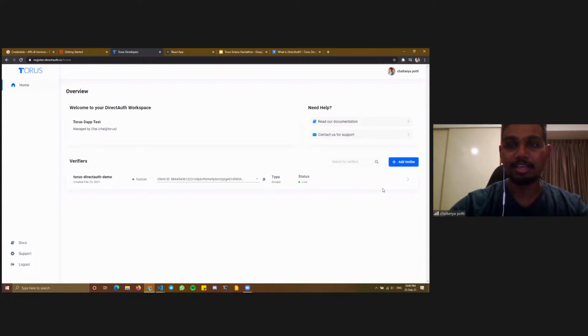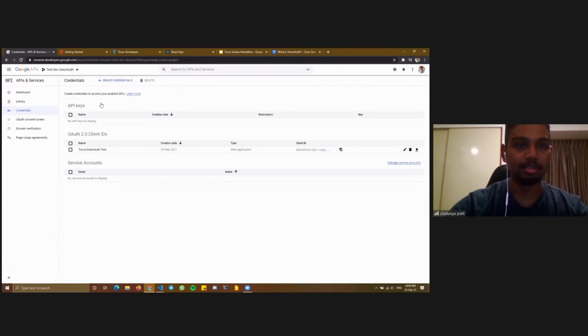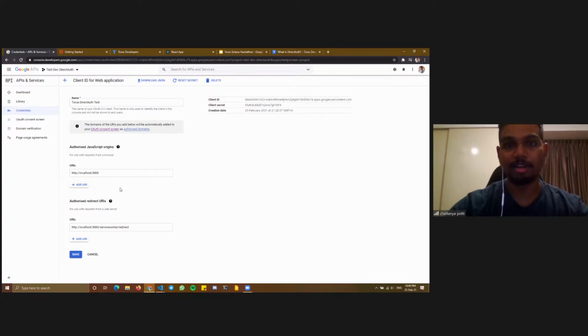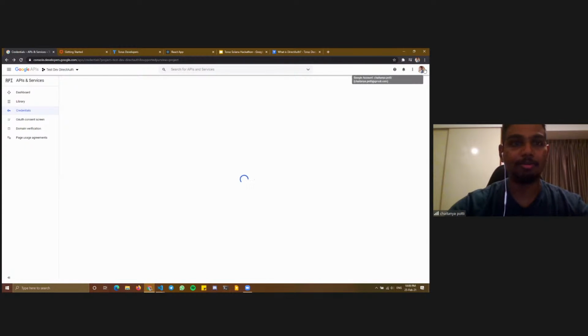Okay, so let's say I have a Google OAuth client. All of the private keys on the Torus network are scoped to an OAuth provider. A verifier is that unique string which scopes your OAuth provider to that. So let's say this is my Google account, and then